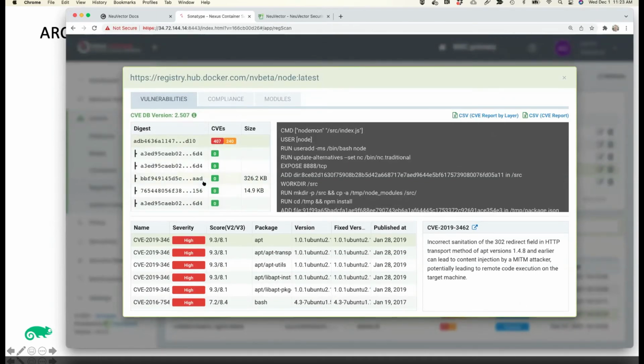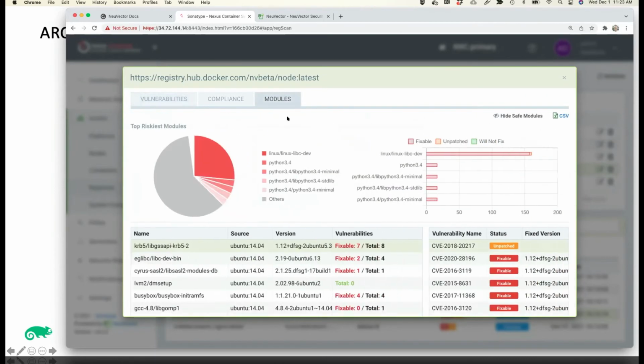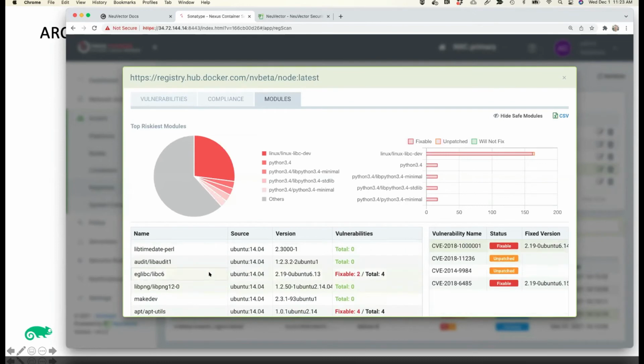You saw that back in Nexus Lifecycle, but we can see in which layer these vulnerabilities exist, so that if we need to provide specific instructions to the dev team about how to remediate these, it makes it easier. And then you can also see an inventory of all the modules, packages, and libraries and the number of vulnerabilities. In this case, 2 fixable, 4 total that exist in this library here.